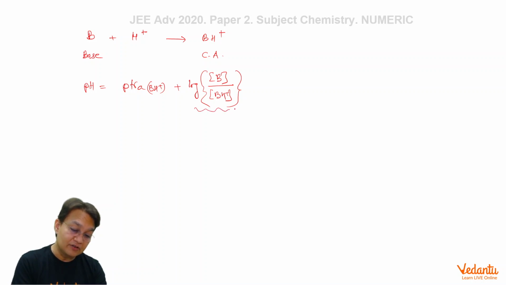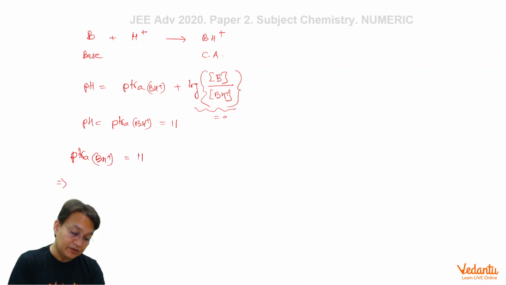So this term will vanish, and you will get pH is equal to pKa of BH plus, the conjugate acid of the base. You can learn from the graph that pH is equal to 11. So we got pKa of BH plus is equal to 11,